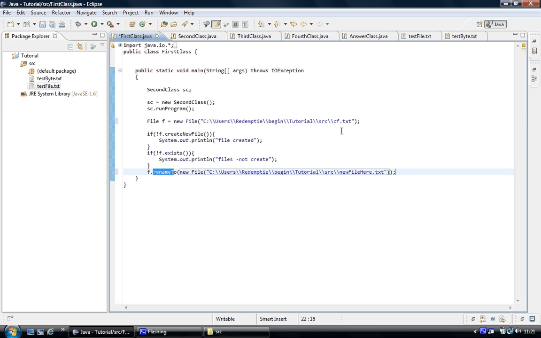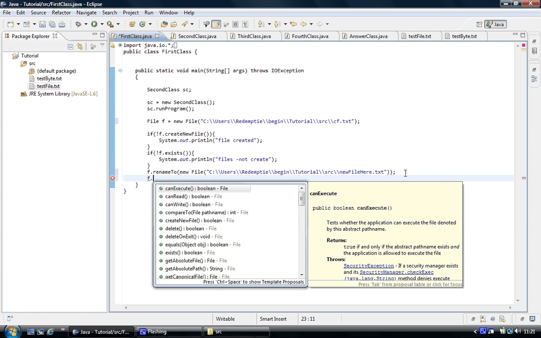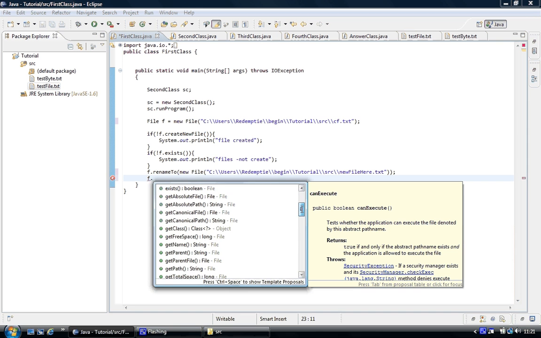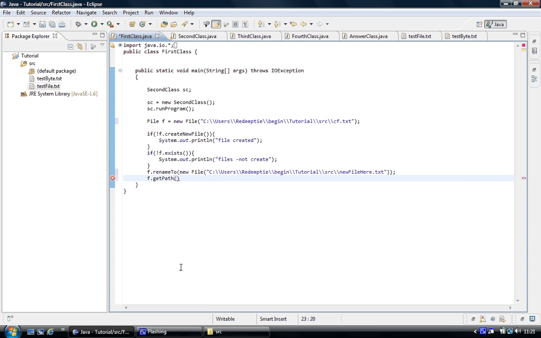And how would I find out? I'm going to have to do this, f dot path. That's not what we're looking for. Get path. And the system is taking an awful long time. So I'm going to print out the path, and that should print out System with a capital S, and that should print out the path with the name. So if I run the program,